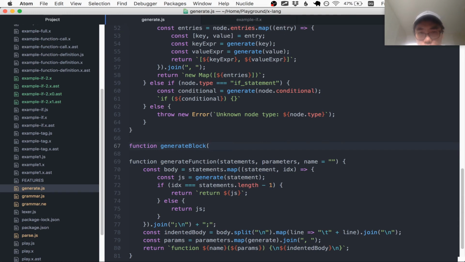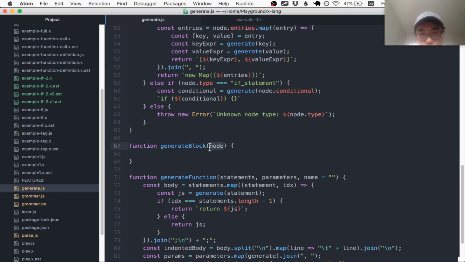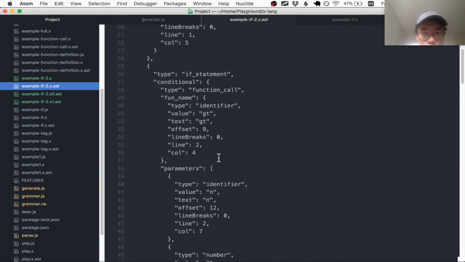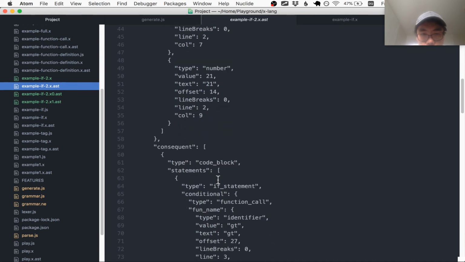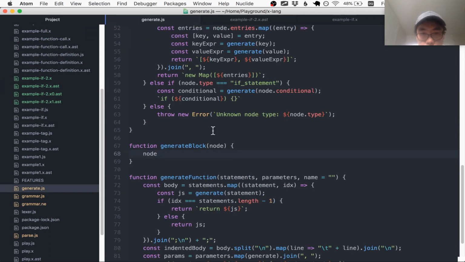Given a node that is a code block. Yeah. I think so. Yeah, I think that's good enough. And this is gonna assume this is a code block. Wait, what is a code block? A code block is a node that has type of code block, and then it's got statements in it. Okay, so